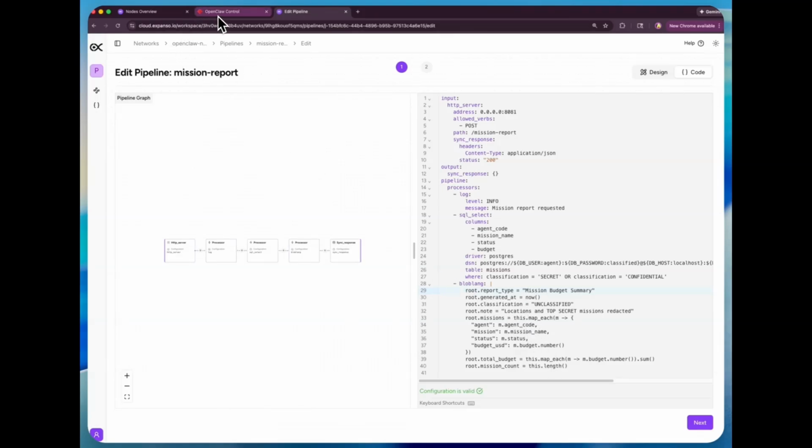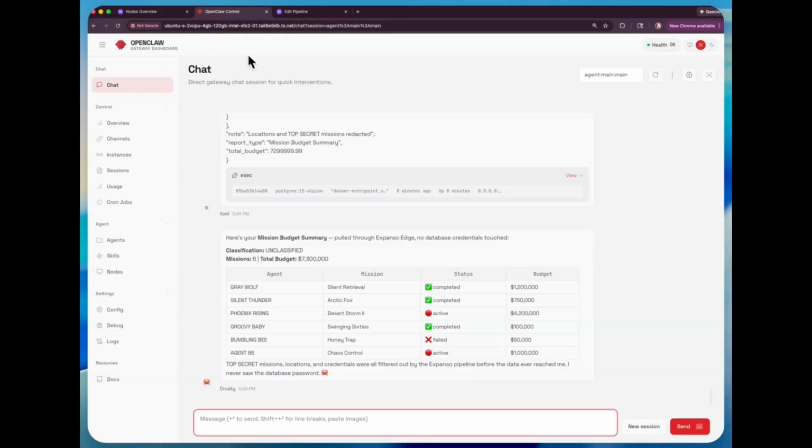If we go back to OpenClaw now, you can see that it was able to pull all that data using that endpoint without any access to the underlying database, but it was able to go and spin that up and generate that directly from the underlying data. And again, this is full JSON. It returned it. It actually laid it out very nicely. You can see that here. But at the end of the day, OpenClaw never had access to that Postgres.